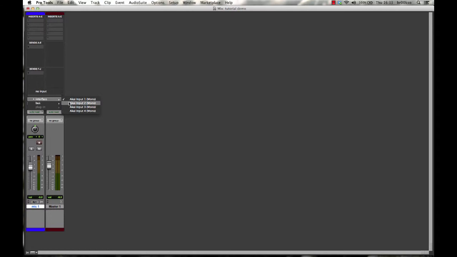Alright? So if I select Akai input 1 here, that channel, when I arm it and press this record button on it, that's going to go to input 1, socket 1 on the Akai. And if I've got a mic connected, which I have, which you see here where I'm tapping it, and I'm talking into this now, 1, 2, 1, 2, the Pro Tools channel there called mic 1 is going to receive the audio and be able to record it.